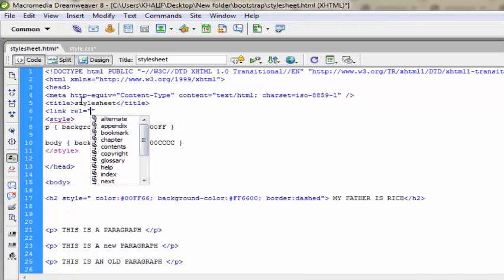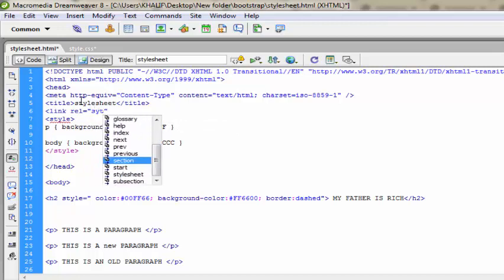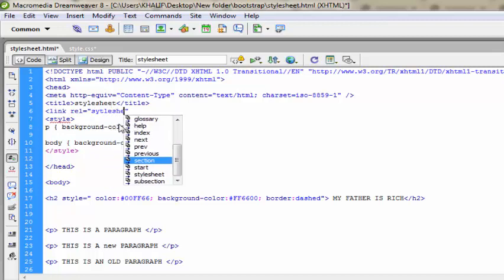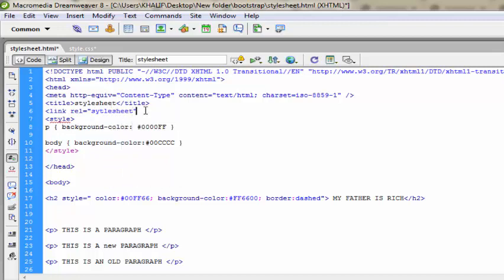Now we need to input our style sheet name here, our style sheet, and reference it using href.